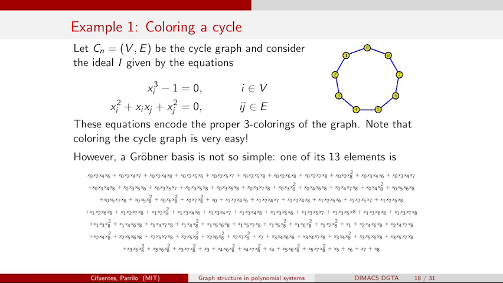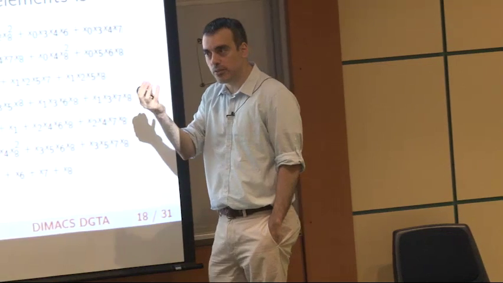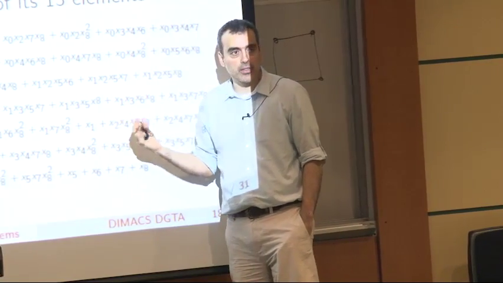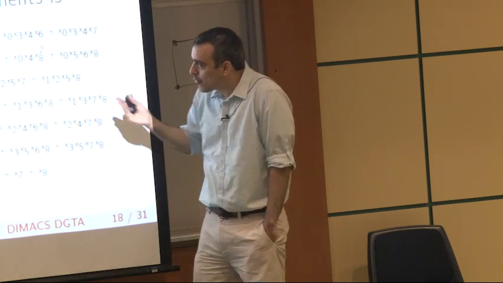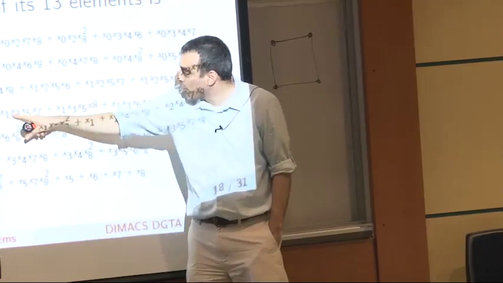There are reasons why these things happen, and in John's paper one can understand a little bit why. But in particular, it should be a little bit frustrating that I would not be able to write this by hand, but I would know how to color this. So even though this and all the other polynomials are giving me a description of the feasible set, a description of all the colorings, it is not a description that preserves the structure of my graph. Like I said before, in the graph, any variable is only talking to its neighbor. When I look in here, there's all kinds of crazy stuff, like 4 variables talking to each other.